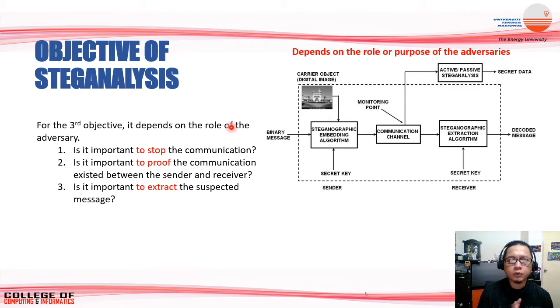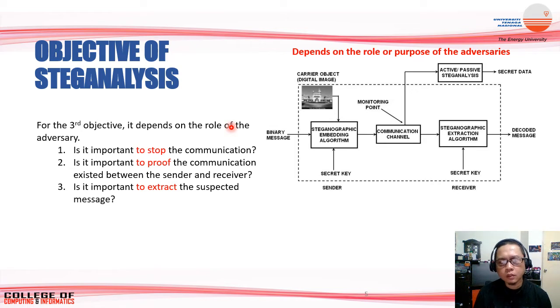So for the second question, let's say you cannot determine who is sending the secret messages. You don't know who is sending and receiving on the other end of your communication channel. So you don't have a suspect, but you want to stop any secret communication or any information from leaking. From the obvious channel, you cannot see there is secret communication, but you feel that you want to stop any secret communication that's leaking important information from your organization to the